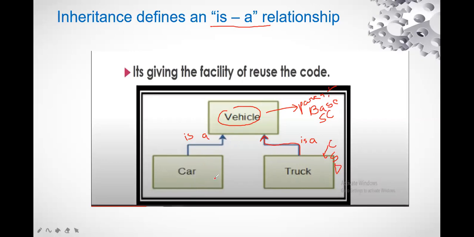We are going to see a little bit of code, that whatever attributes and methods are defined in the superclass, we will not define them again in the subclass. In the subclass we will define only those features which are new, right? The same in the truck. So this is the facility provided by inheritance, that is, the reuse of code. You are not going to write the complete code again and again. You can use that particular code in future also.